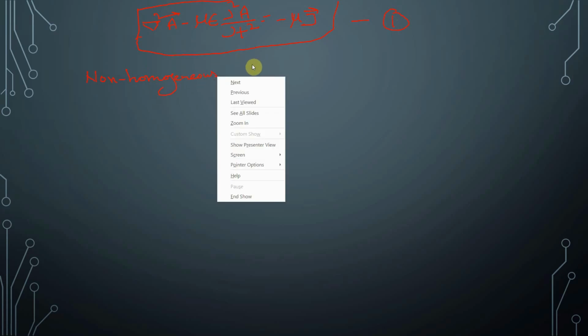Let us say this is equation 1. Now this is a second order partial differential equation, and this equation is called the non-homogeneous wave equation for vector potential, because this equation is for A, and the solution of this equation will give you the value of vector potential. Now here we have this term mu epsilon, and it is related with the velocity of light.